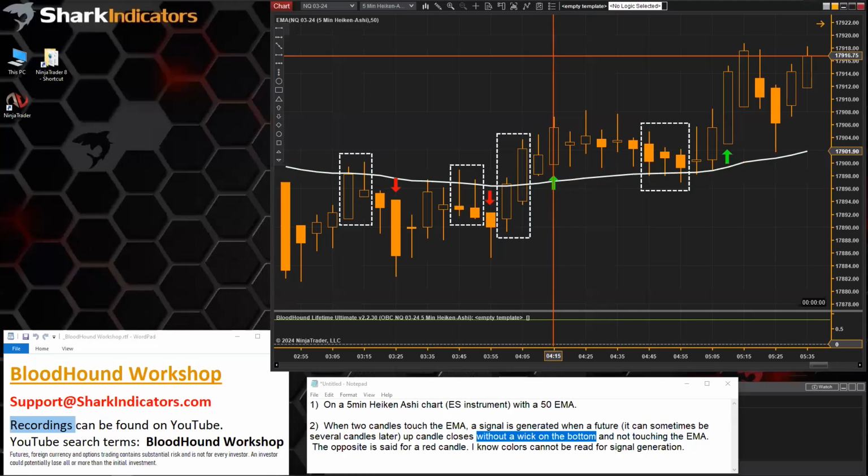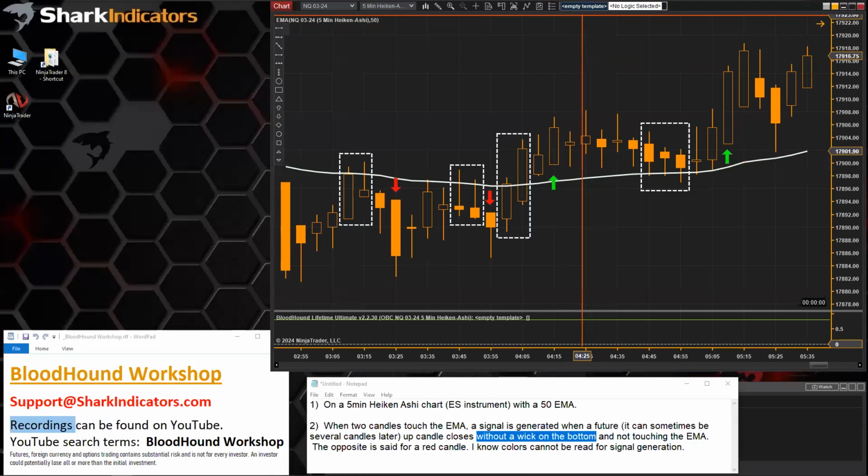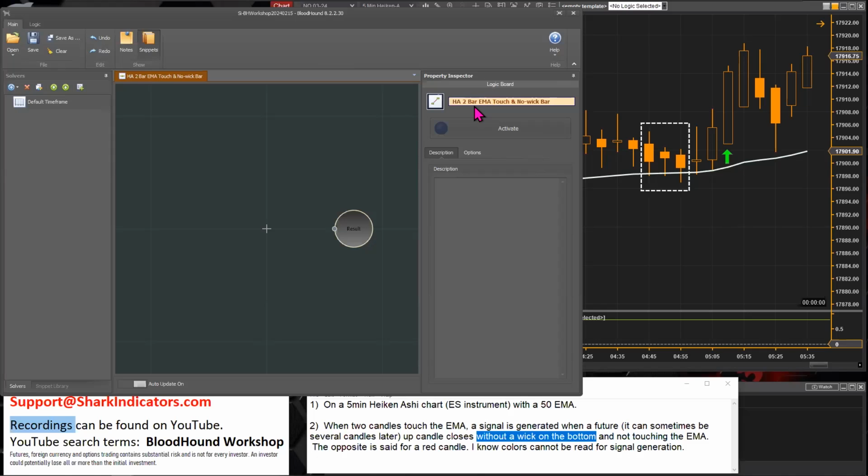Pretty straightforward. Let's get BloodHound open. Anyway, something like that. So there you go: Heiken Ashi, 2-bar EMA touch, and then we're looking for a no-wick bar afterwards. We'll start with the first requirement here. I guess you could break this down